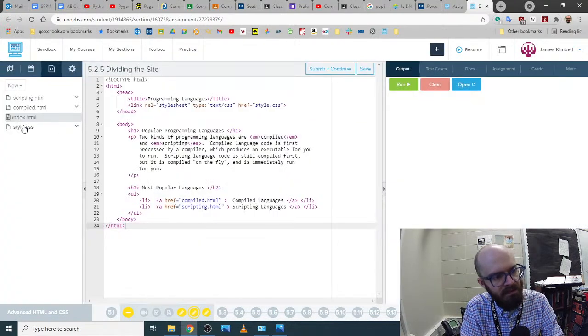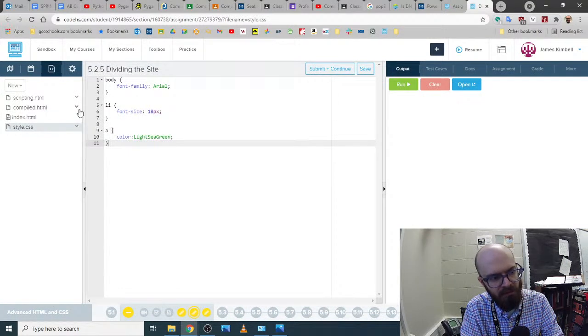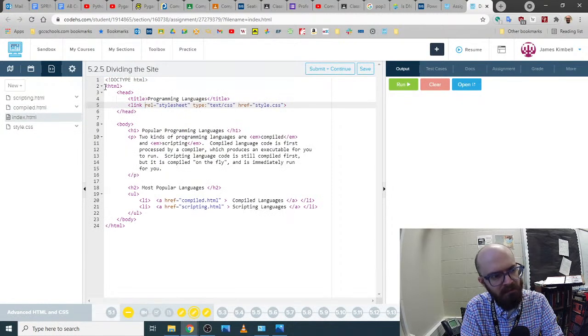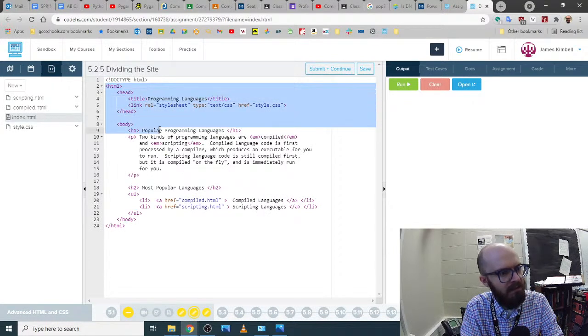Remember last time I said the CSS can start from scratch and you just go, but the HTMLs, they need this little setup at the beginning, like the HTML head, etc. And what I would do is just copy it from the other one. Just copy this chunk from the top, and then you won't have to type it again, because this has the